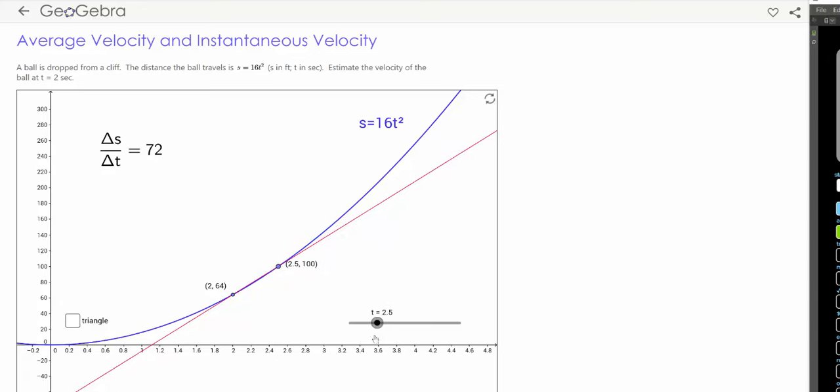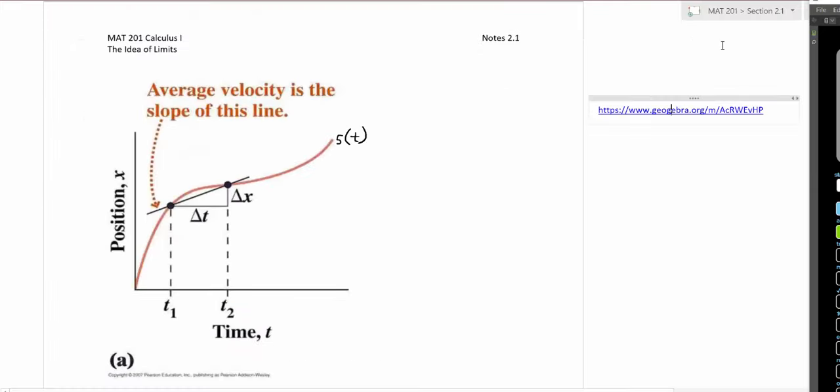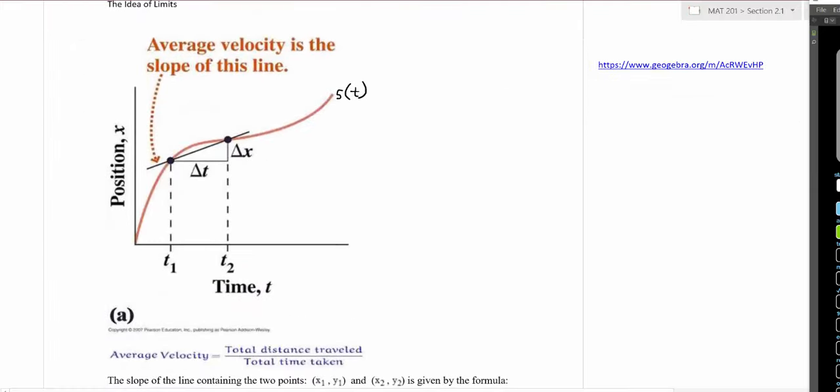Eventually, we'll look at the idea of an instantaneous velocity, which would be, once we get two points that are really, really close to each other, infinitesimally close to each other, then we get what's called the instantaneous velocity. Okay, so back on this illustration, what we usually say is the average velocity